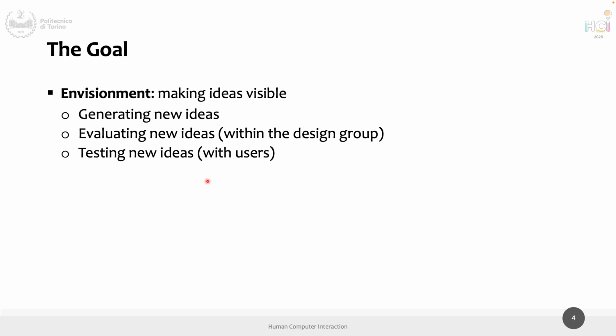But another point is how we do this, how we can put my idea, his idea, her idea on the table so that other people can evaluate them, can see them, and we can discuss them. So all of this is to make ideas visible, generating new and different kinds of ideas, but also evaluating ideas within the team or with teachers in your case,